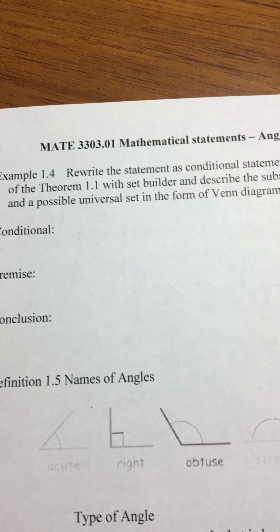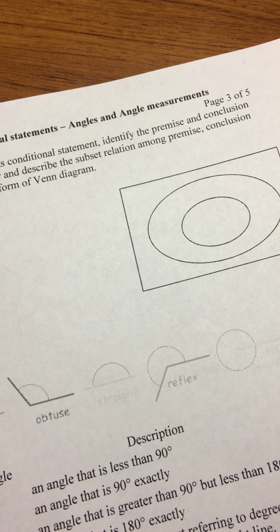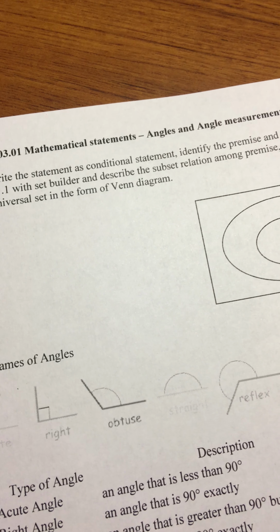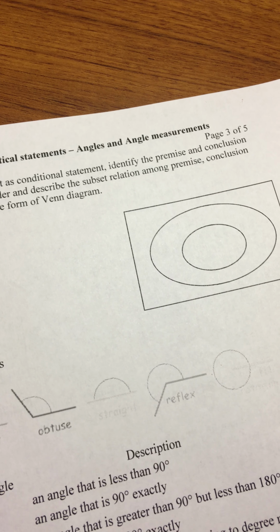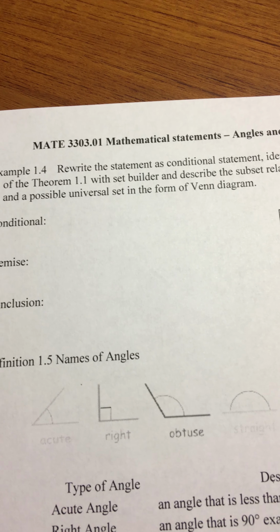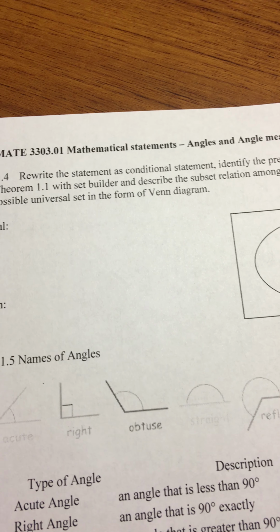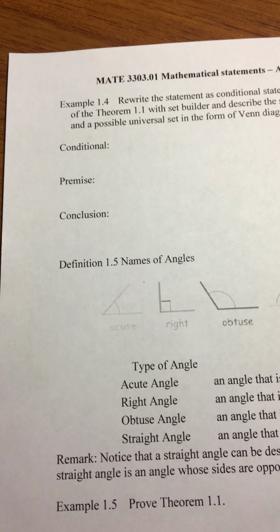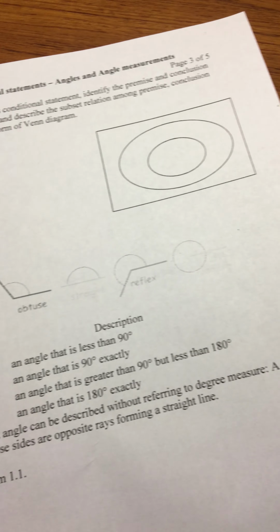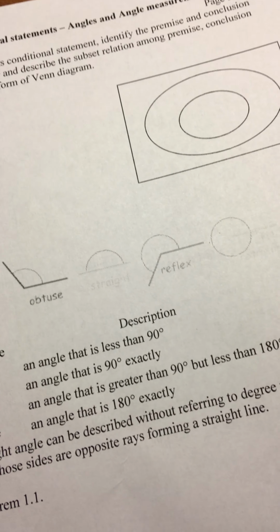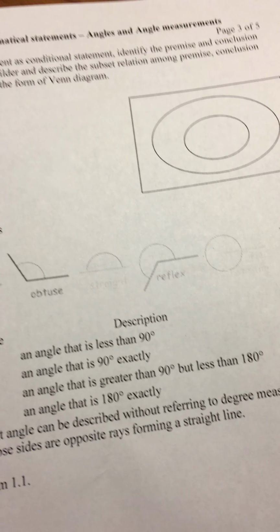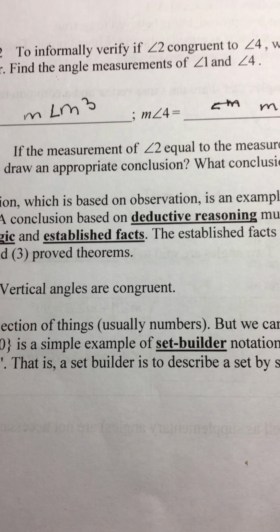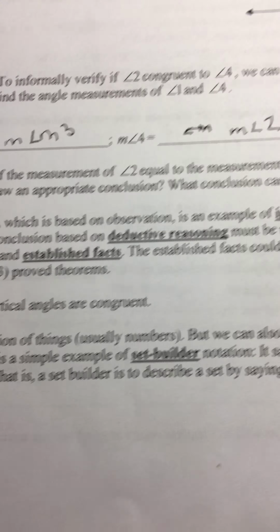It's example 1.4, so we write the statement as a conditional statement. Identify the premise and the conclusion of Theorem 1.1 with set builder notation, and describe the subset relation among premise and conclusion and a possible universal set in the form of a Venn diagram. I am a bit confused about making this and how to use the Venn diagram. I know how to use it, but how to connect it. So if we use Theorem 1.1, it's talking about how vertical angles are congruent. So what I came up with is that,